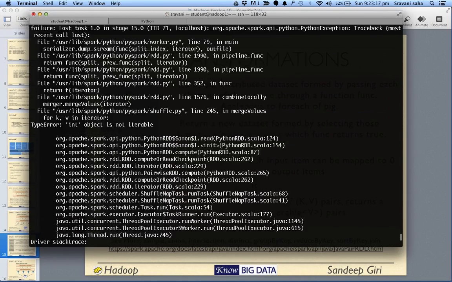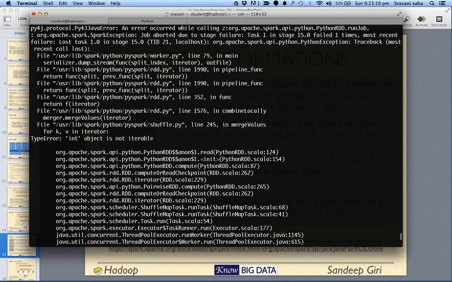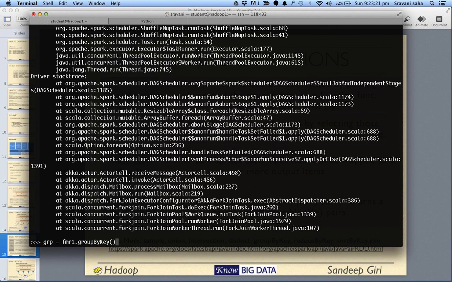Just a second. Oh, okay. So fmr1 is not really a key value pair.